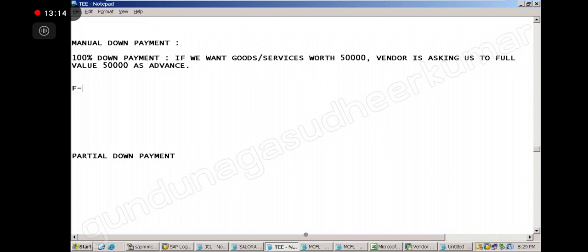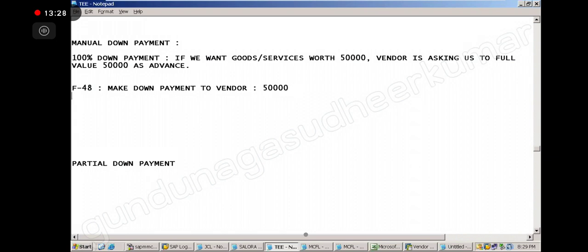Then we go to F-48, make down payment to vendor. How much are we doing? 50,000. Is it plus or minus? It is plus, and it's special GL.